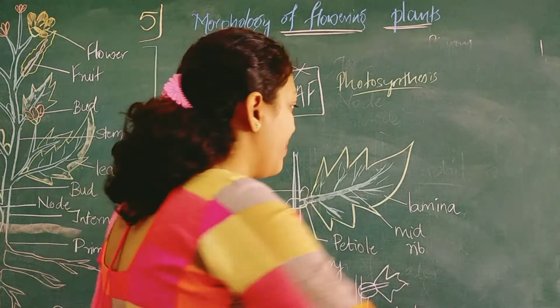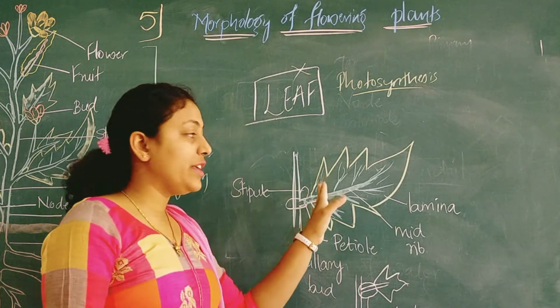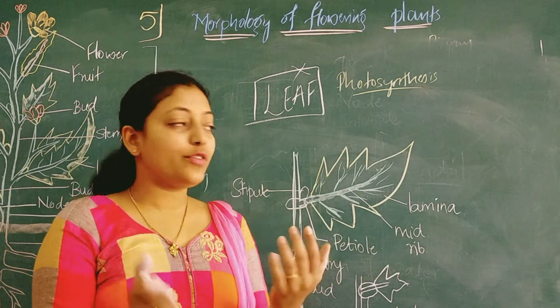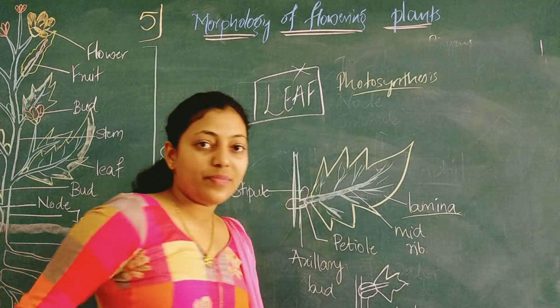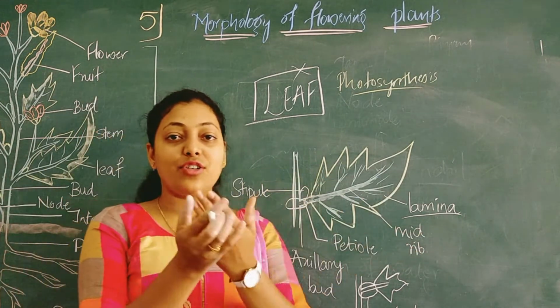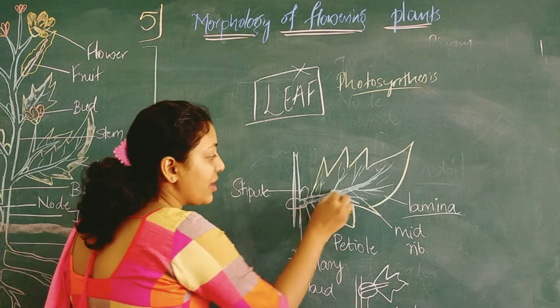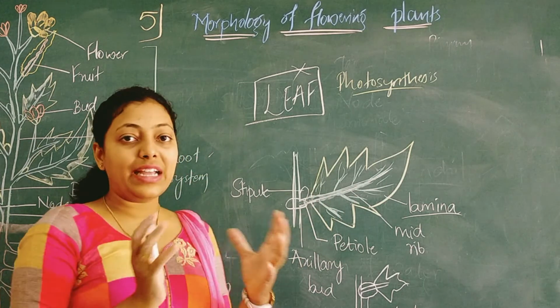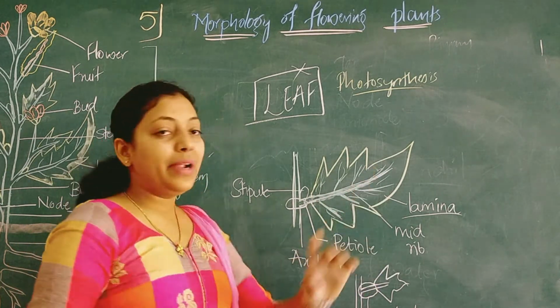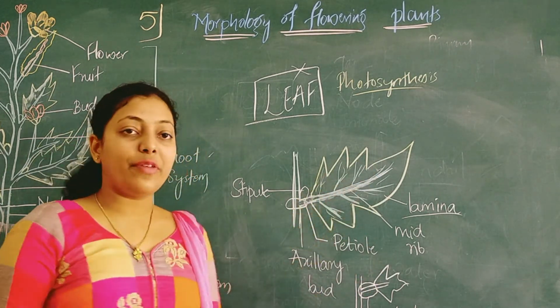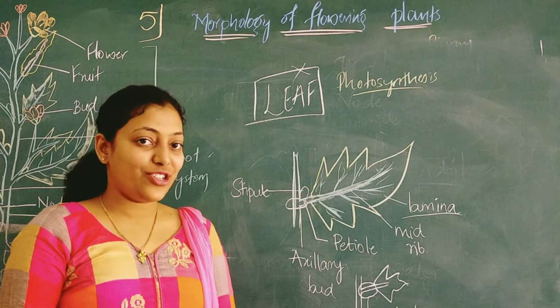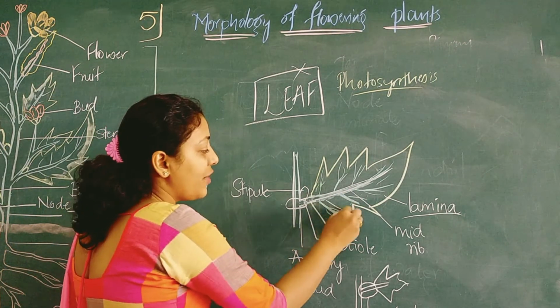Petiole of a leaf. After the petiole we see the different lobes of a leaf, which are called lamina. A lobe of a leaf is called lamina, and the middle structure, which consists of veins, is called the midrib. It also consists of veins. I'll tell you further about the types of venations. So these are the veins which you see.